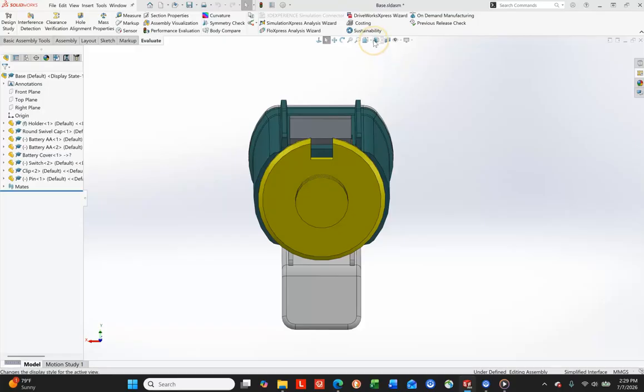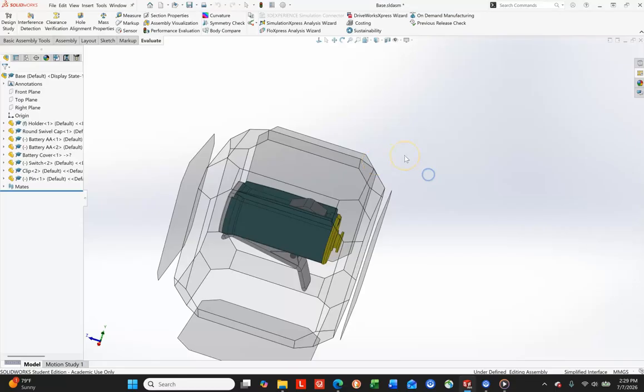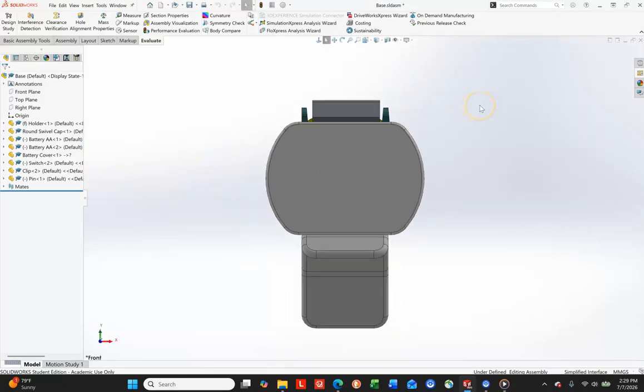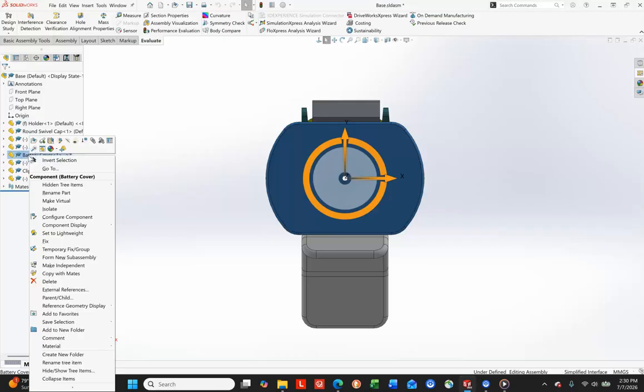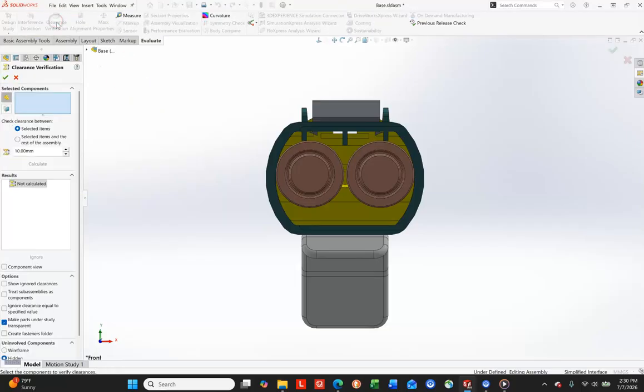We're going to turn this around so the battery cover is visible. So we want to see inside here, and so I come over here to my tree, or I can click on this and it's going to highlight what it is. And then if I right click on this, I can come up here and I can hide this component, and now I can see inside. Now when I look at this, I can already see that there's a clearance in here. But if we come up here to clearance verification,